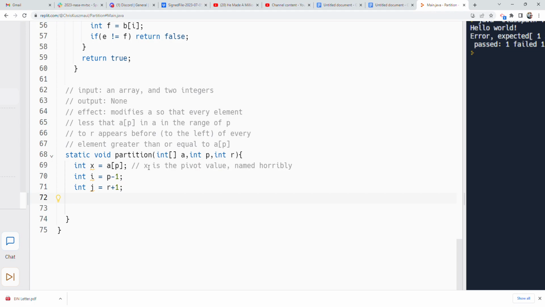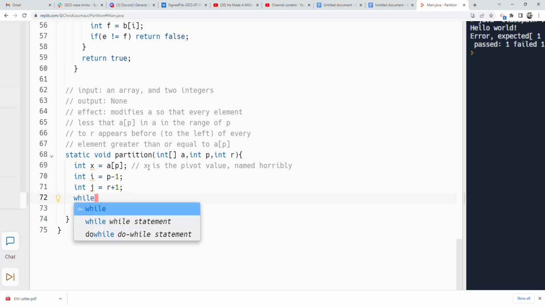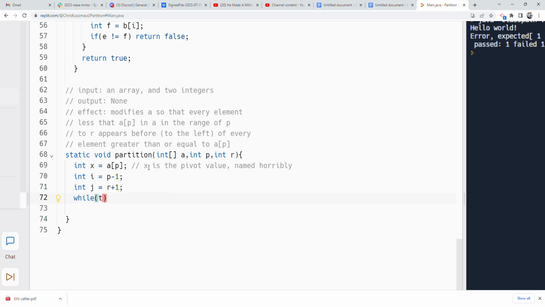Goodness gracious, why? I guess they just want to return something, so we'll just do a return. Okay, so disturbingly, the partition function has a while true, okay,